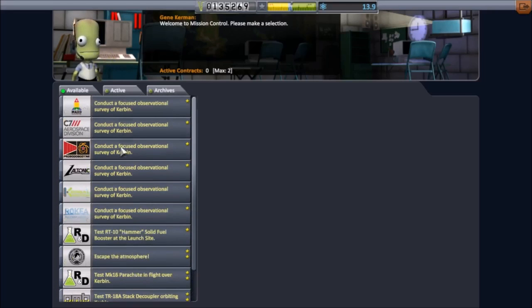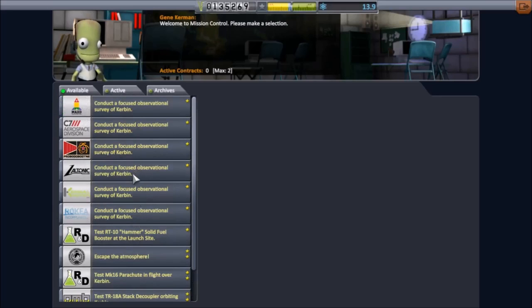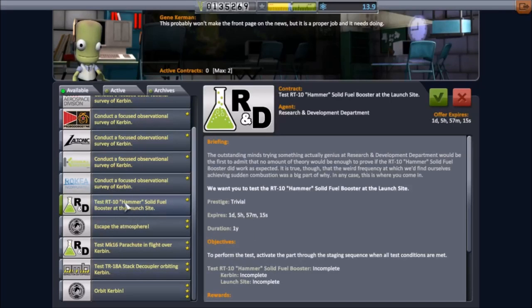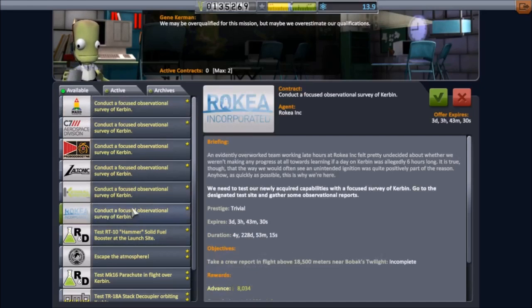And now look, we've got a whole bunch of new contracts. What we want to do is find tests at the launch site. It says test whatever at launch site. Those are the easiest to do. These observation ones,